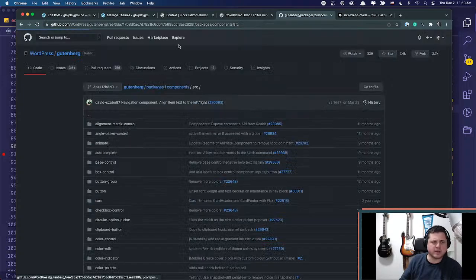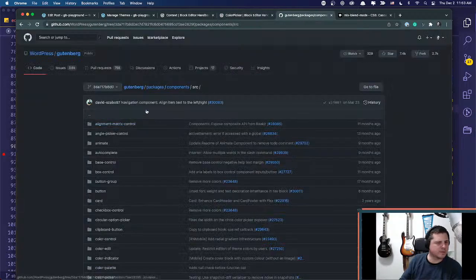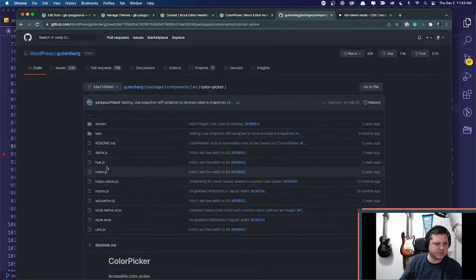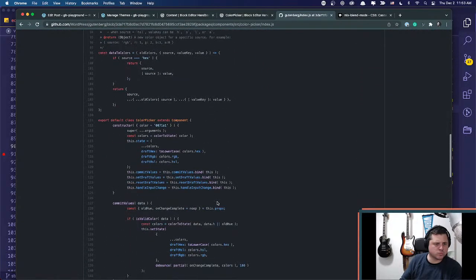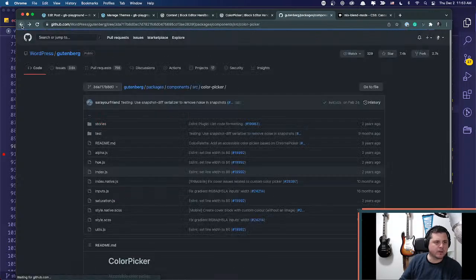It's weird that that's not wrapped in base control. That's very strange. So the color picker, which is this one, it's not wrapped inside of a base control? This just extends a component. Okay, so